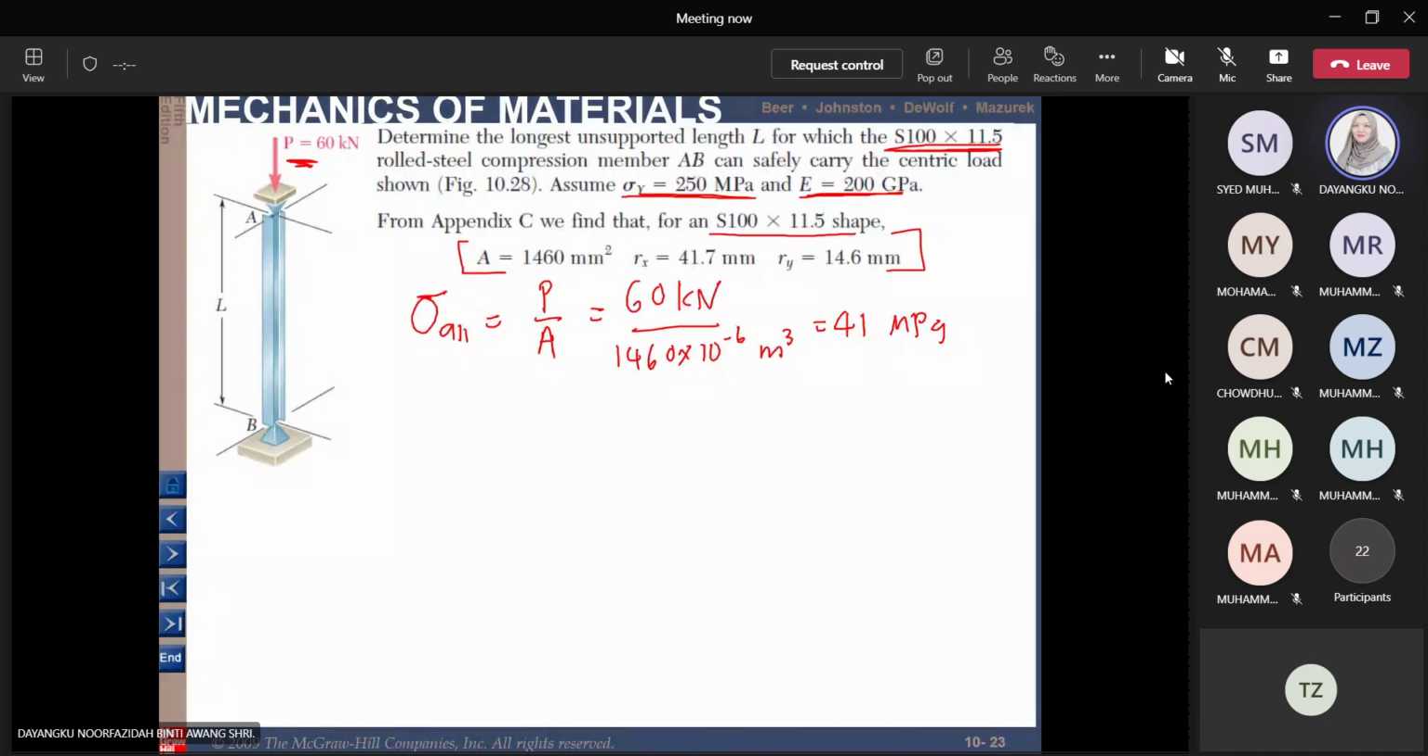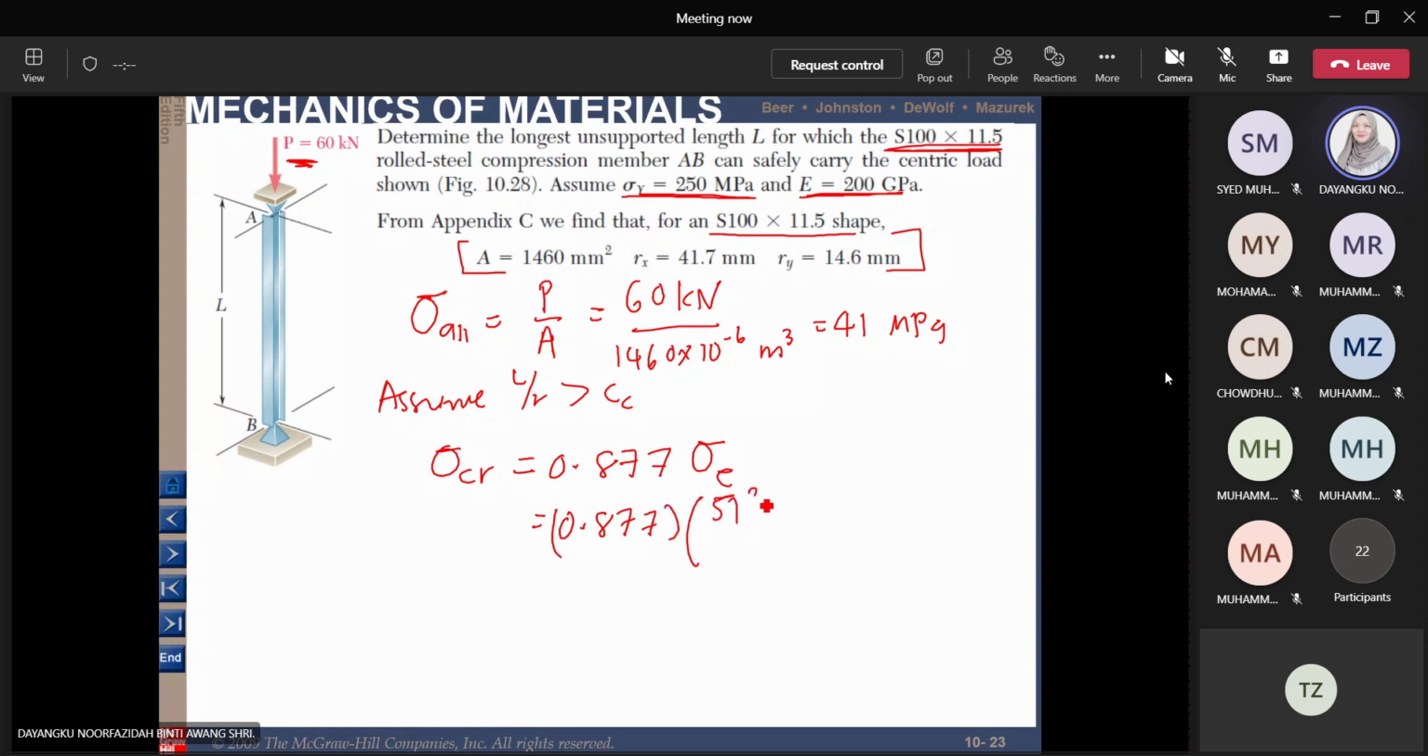In this case, let's assume L over R is bigger than CC, so that you can use the critical stress as 0.877 times the Euler formula. So you have your E here, you have your pi square, and we don't have our L over R, so we keep the L over R as it is first. So we will get 0.877 times